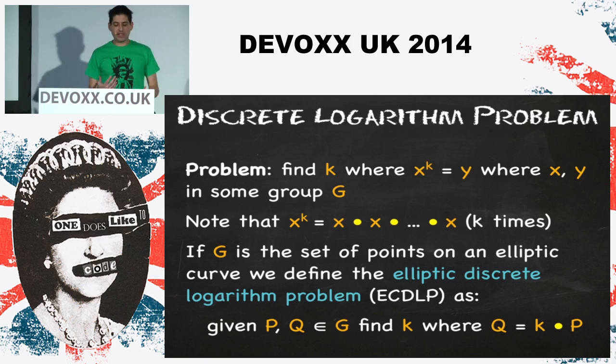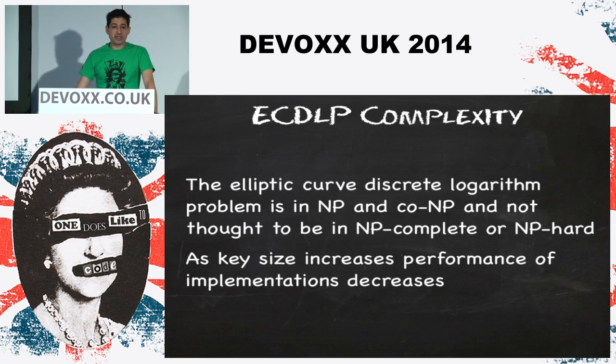And they're all working on this discrete logarithm problem, which is like the RSA problem, given two prime numbers multiplied together, can you find the original two prime numbers? What we're saying here is, given some point multiplied by itself so many times equals this, can you reverse it and find out what the number was you had to multiply it by? So it's a similar problem. You're trying to work out, basically, how to reverse this multiplication. And this is what we call the discrete elliptic curve logarithm problem.